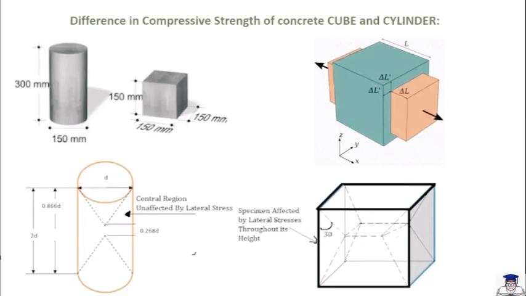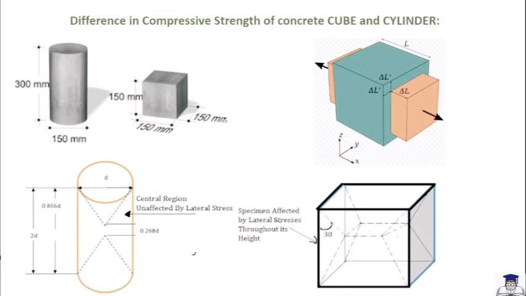In the previous video, we have seen how to calculate the compressive strength of concrete. While calculating the compressive strength of the concrete, either a cube mold or a cylindrical mold is used. Therefore, you can use a cubic specimen or a cylindrical specimen to find the compressive strength of the concrete. But as you can see, there is a difference in the values that you get from using the cubic and the cylindrical specimen. The reason behind this is simple.